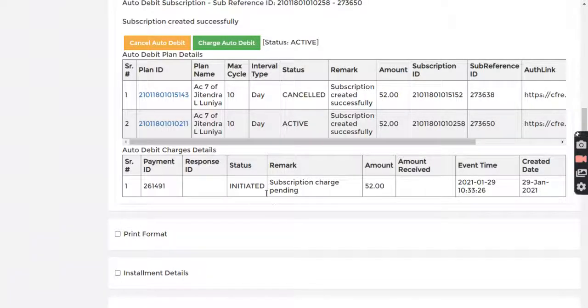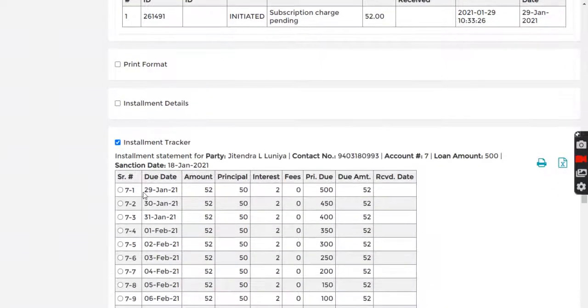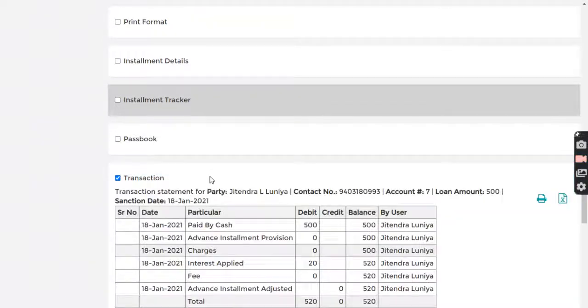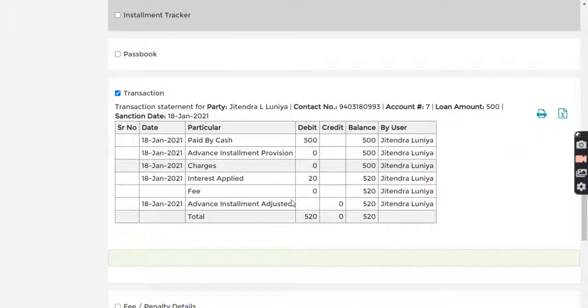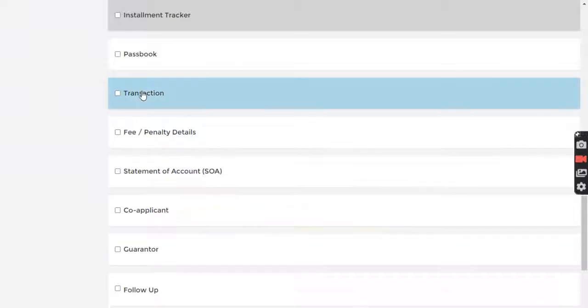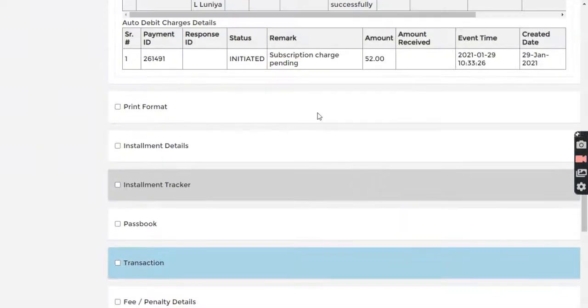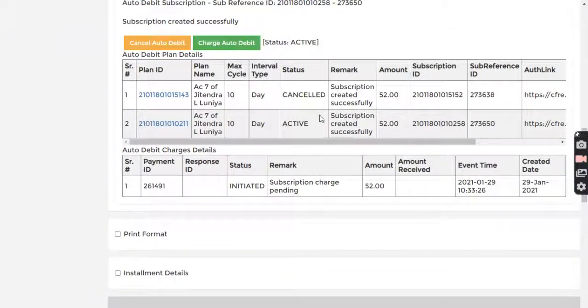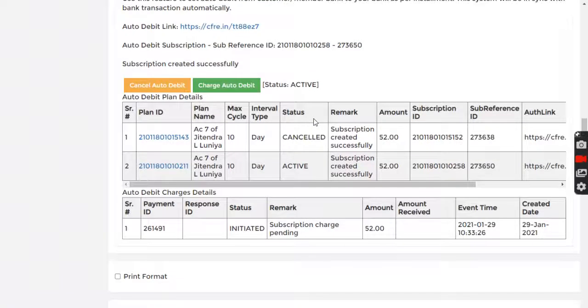After this transaction is successful, this record will get updated automatically. You will also see the details of the transactions with the reference ID automatically generated by the bank, captured here in this section. This gives you flexibility for an automated collection system, and it is fully automated, so there is no need to make any manual entries.